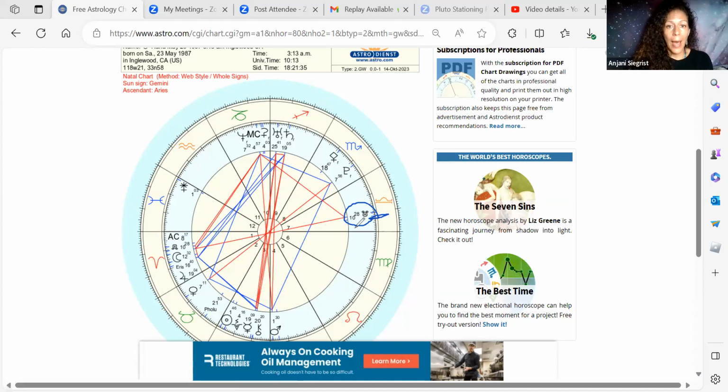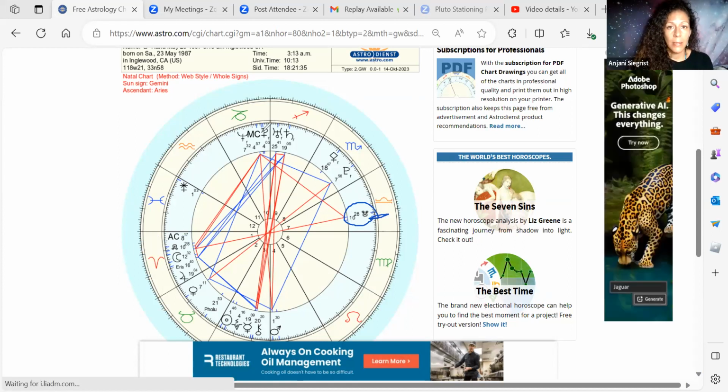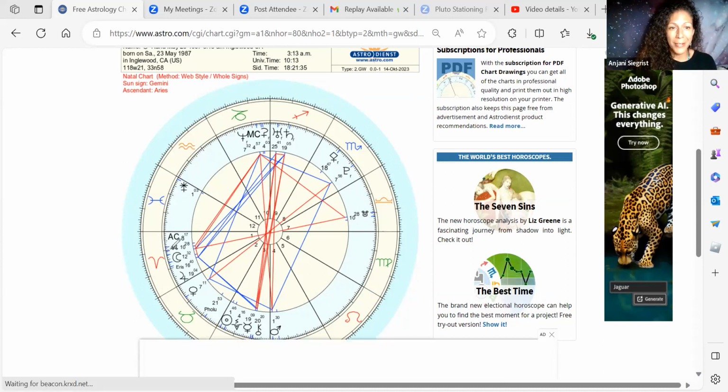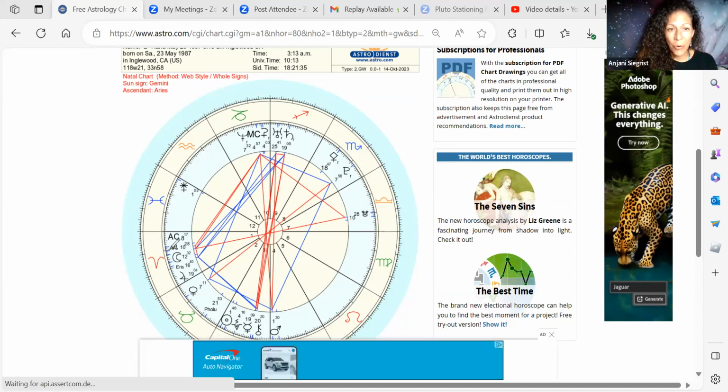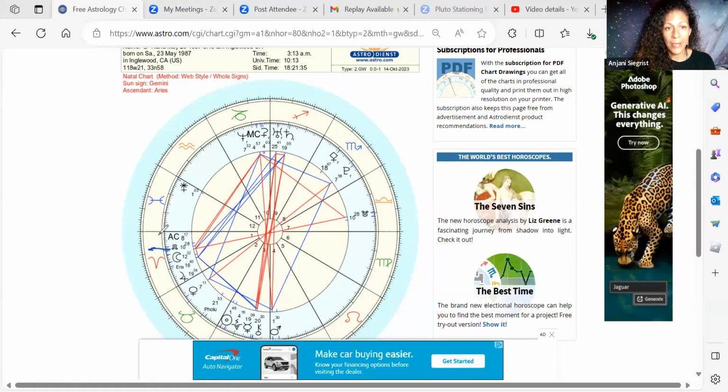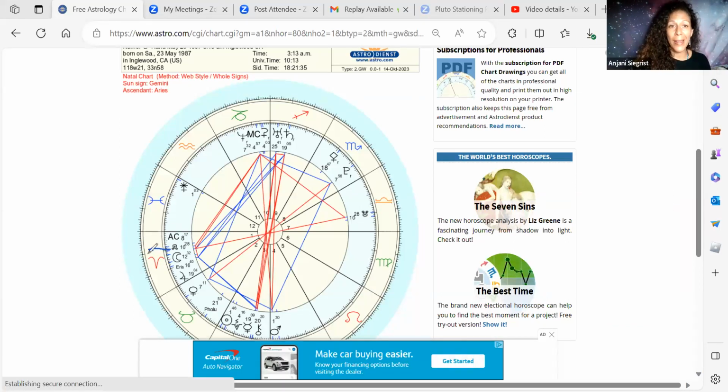And it just so happens that this person also has, oh, they're in their nodal return this year. So as the north node, see, this person's north node is actually right here by their ascendant. So this is very important, I'm actually going to have to get in touch with this person and let them know that they have this going on. So here's the ascendant,